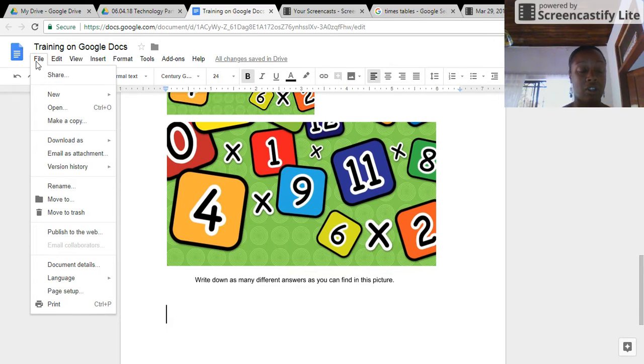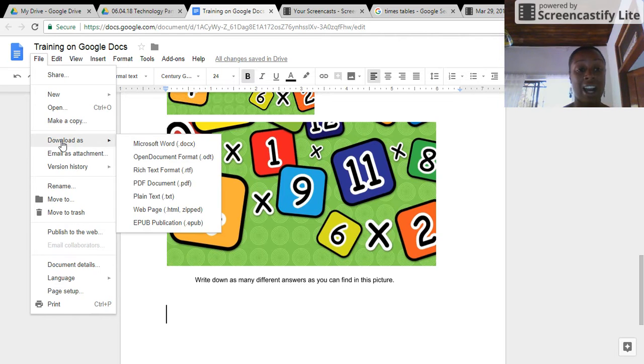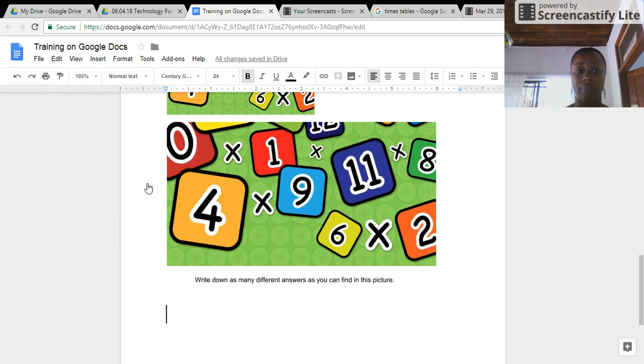So what we're going to do is go to File, and we're going to download as, and you'll see that you've got different options here. So you can download it as a Word document and then work on it in Word later. You can download it as all these different formats. I think the main two are going to be a Word document or a PDF document. I'm going to download it as a PDF,